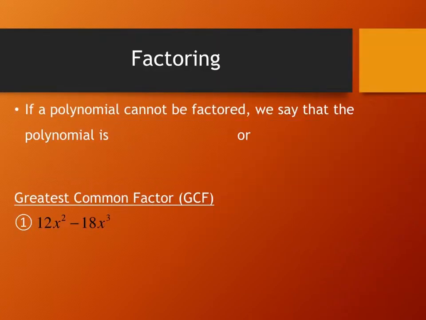If a polynomial cannot be factored, so we're first going to talk about sort of the negative of what's going on. If a polynomial cannot be factored, we call the polynomial prime. So we call it a prime polynomial. Or we might use the phrase that it is irreducible